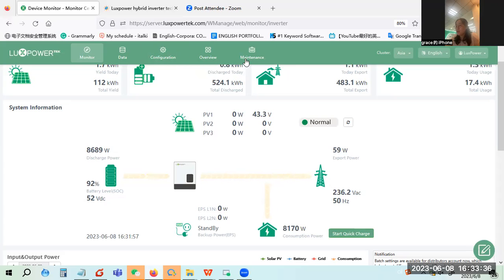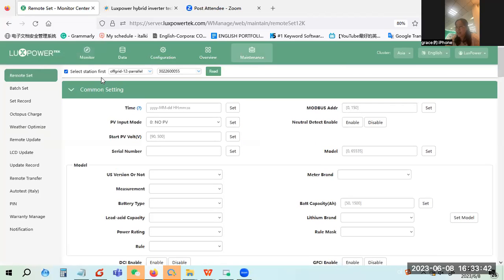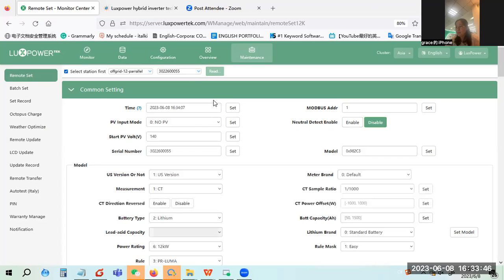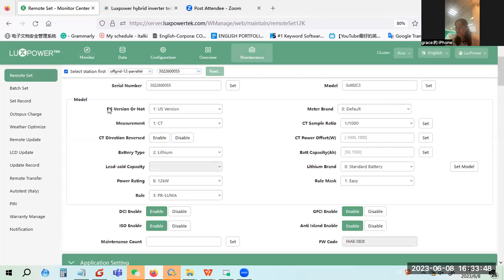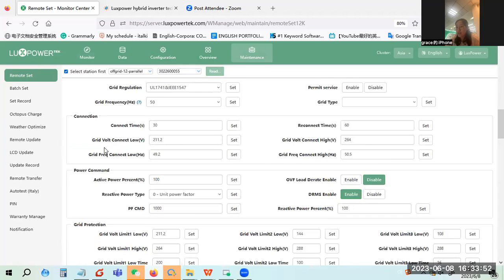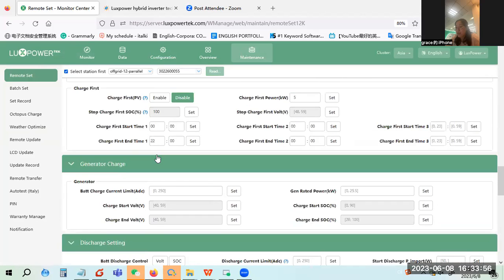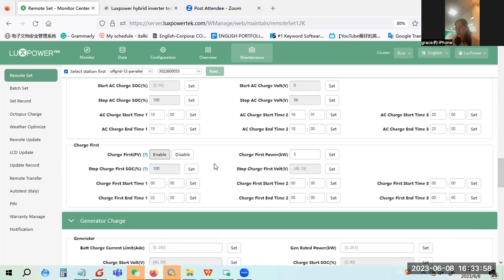Then we can try some like charge priority. We can test. So right here, limit discharge. So like we have charge first here. Now it's disabled. If we enable discharge and